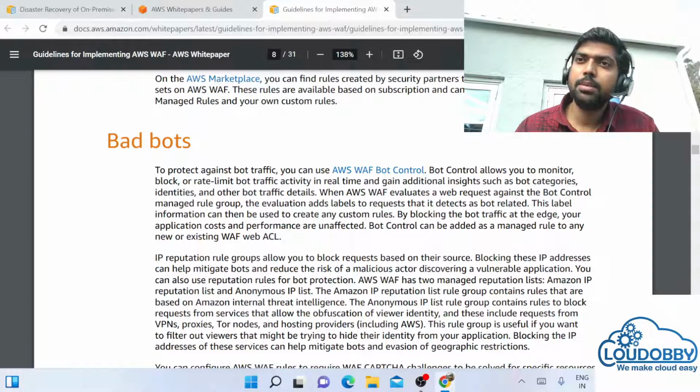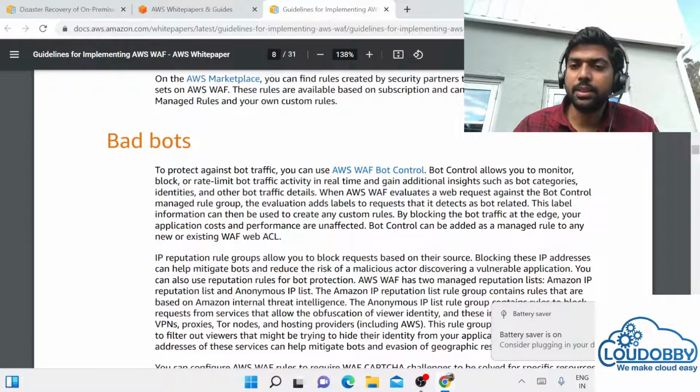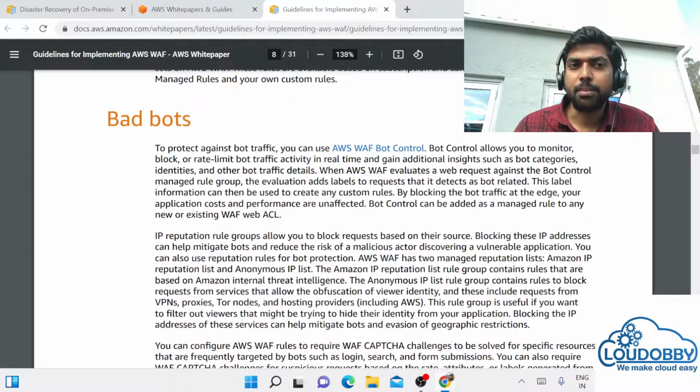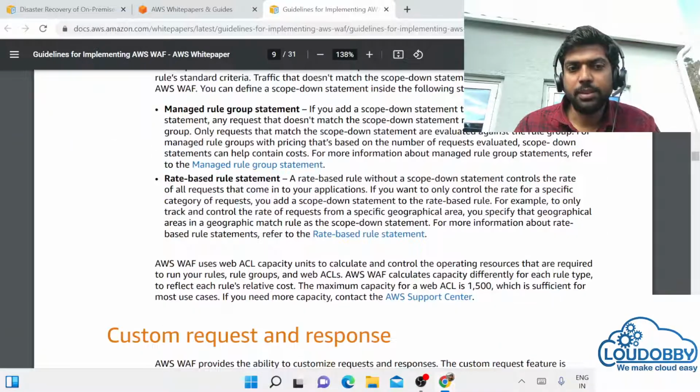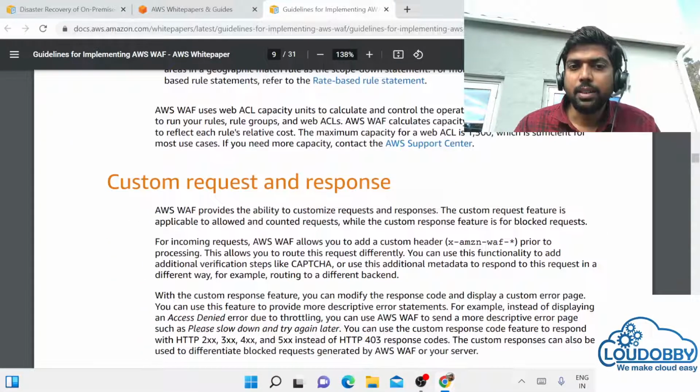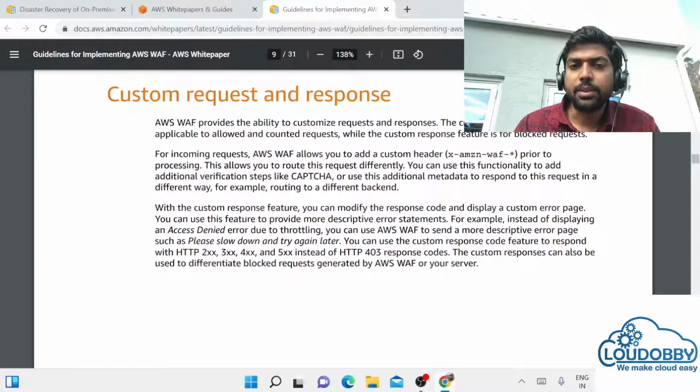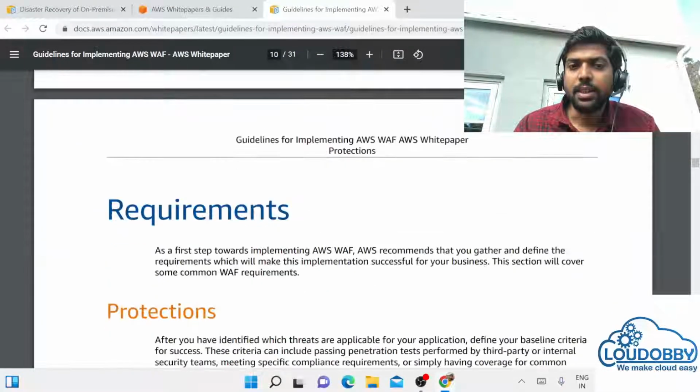And still, because of auto scaling, the instances grow and eventually you get a bill, right? So that's the problem with bad bots. But as I mentioned, we need not take more time on it. So let's go and check the implementation.